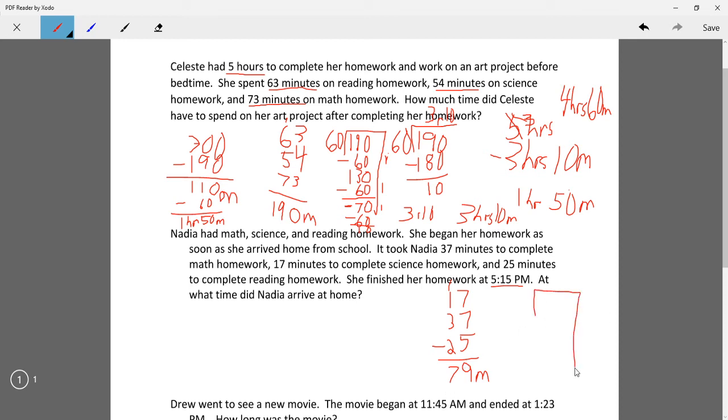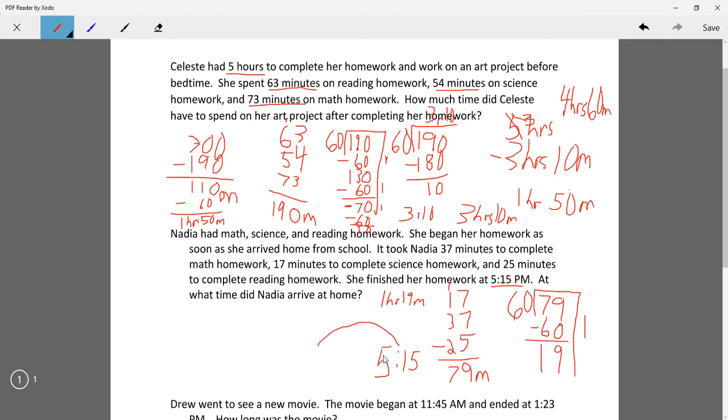But I can just use the big 7 here, right? And I know that 60 only goes in one time. So I would just have to subtract 79 minus 60, which is 19. And then it is 1 remainder 19, so it's 1 hour, 19 minutes. And then we have to hop back that much from 5:15 to figure out when she would actually